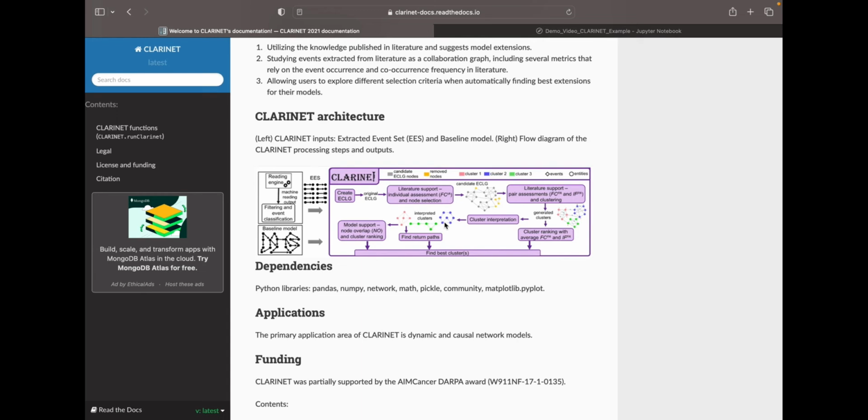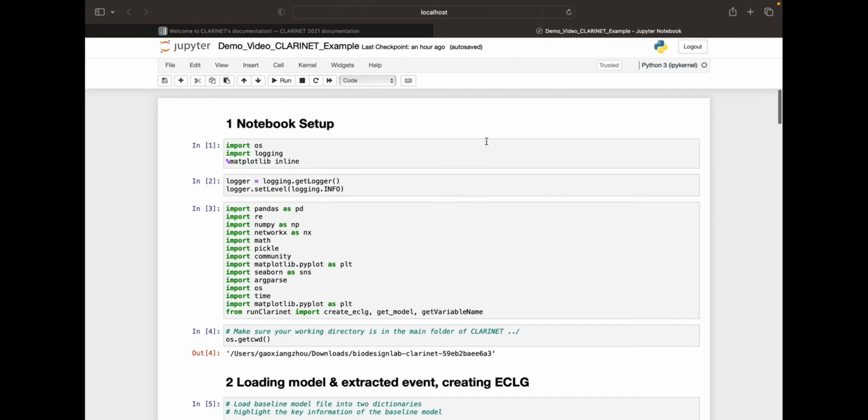On the left, you have the baseline model to extend and the reading engine output that has a lot of events. An event collaboration graph, ECLG, is then created. In this graph, nodes and edges are assigned weight according to frequency class. Then a community detection algorithm is applied to cluster the graph. While returning passes, those clusters are further filtered and merged to help researchers find the best cluster to extend the baseline model. Let's get our tool set up.